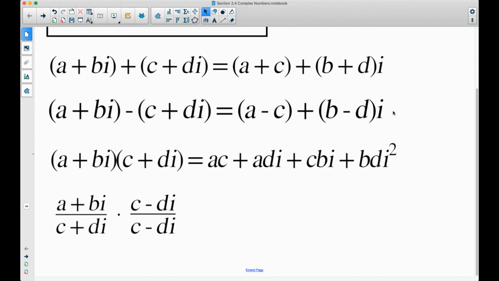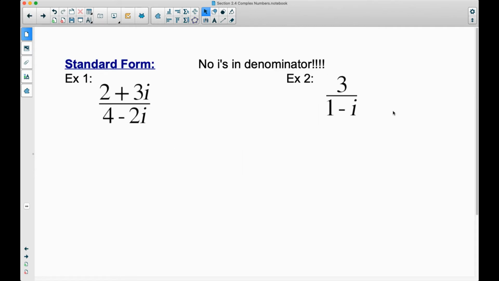But I am going to go over a couple things that you would have to do prior to plugging things into a calculator. Okay. So you cannot have an i in the denominator. Why? Because i is the square root of -1 and you can't have a square root in the denominator. That was why you rationalized. Okay. So like I said, in our calculator,